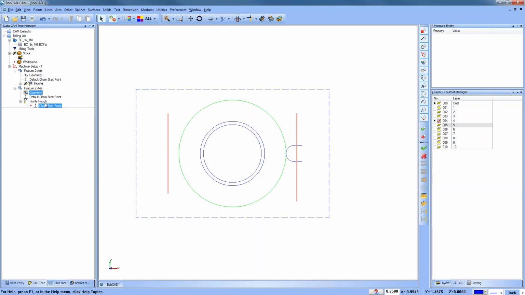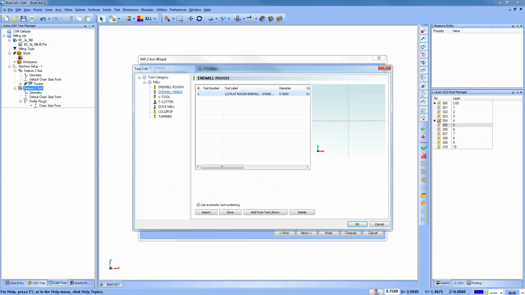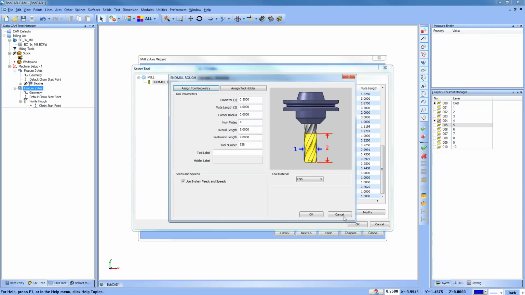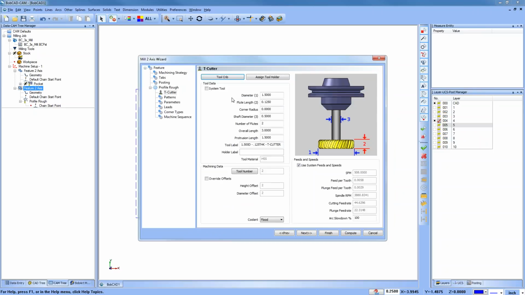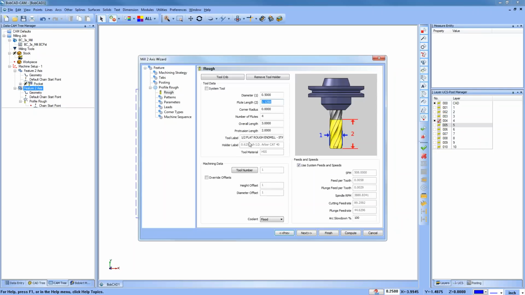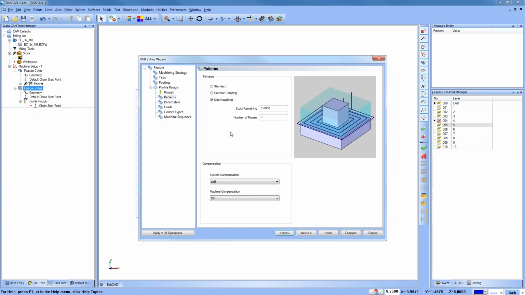1/4 inch is fine. I'm going to change my tool from a T cutter. I really want a ball mill. Let's see here. It could be a ball mill. It could be a flat bottom tool as well. Let's just add one real quick. Okay, and we'll go corner radius, 1/4 inch. So this time we're going to use side roughing. What we're going to do a little bit differently is we're going to,